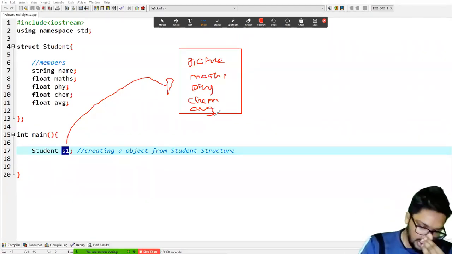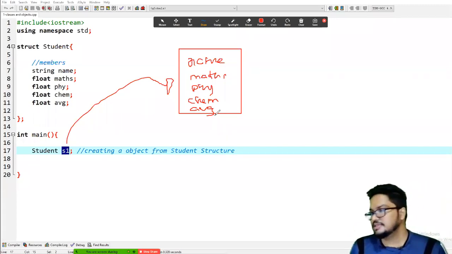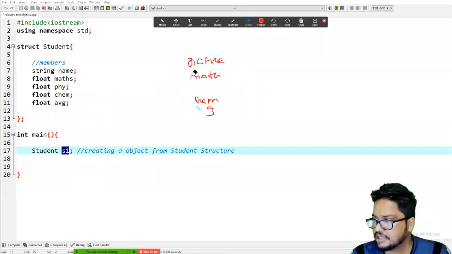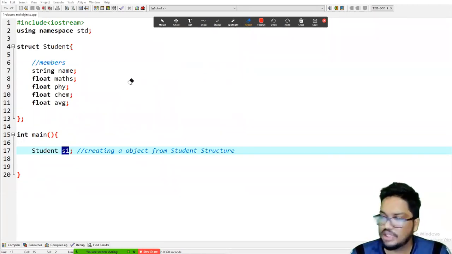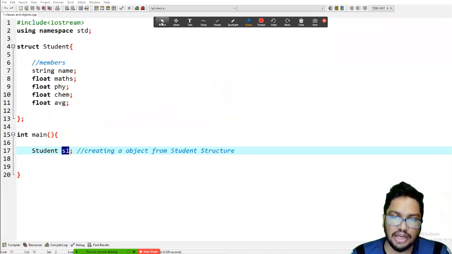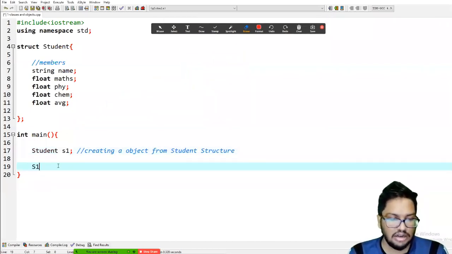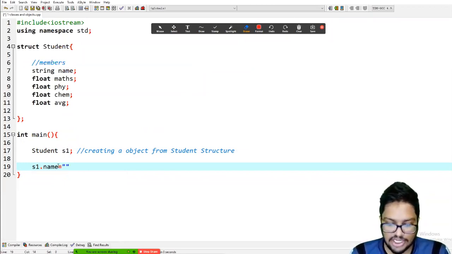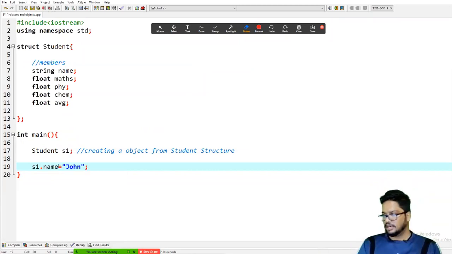Okay. So if you can understand structure, what happens in a structure and how a structure works, thereafter you can access those members like this: s1.name. Likewise you can access them simply like this.